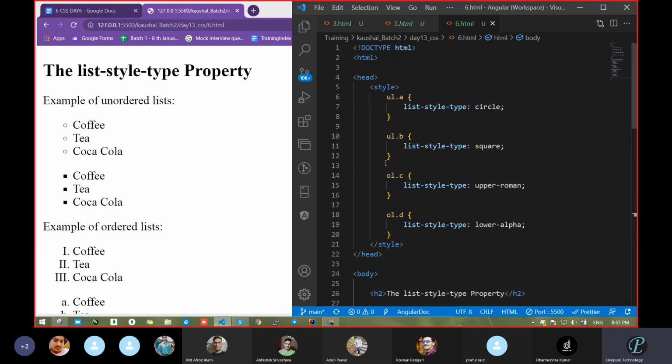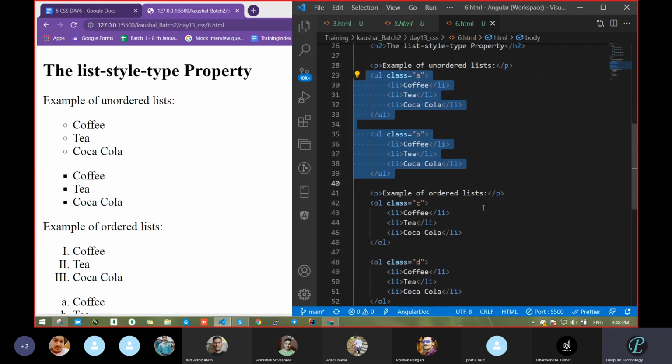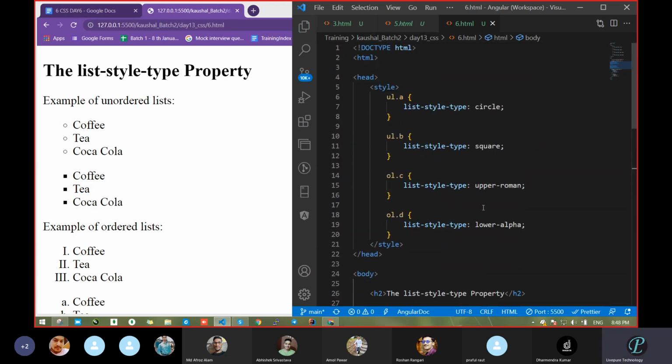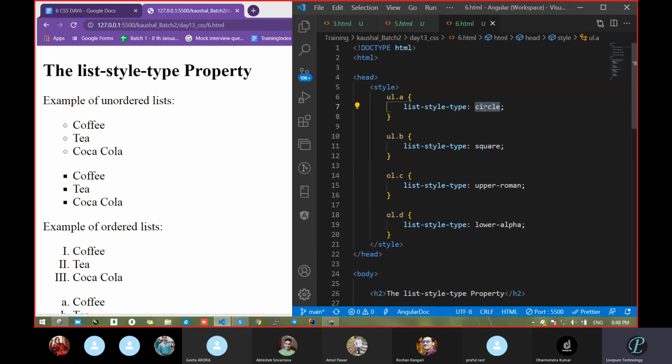So what we had done, already we know all these things. How we wrote that LI and UL. There is a style for the particular list, unordered list or ordered list. What is that? That is list-style-type. And in list-style-type, you can change the pointer marker. Here we passed a circle. Don't think that we can take anything. No, not like that. A property is defined, and that property we can take. So here we have taken circle.